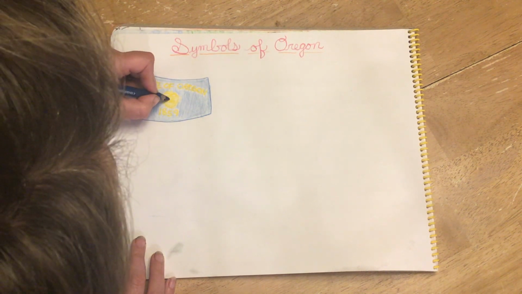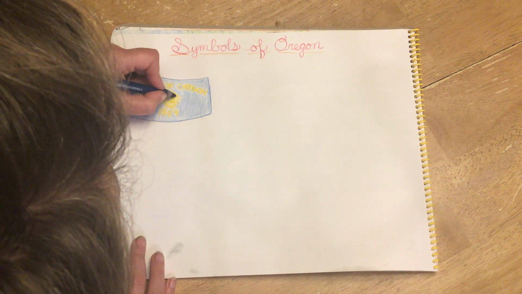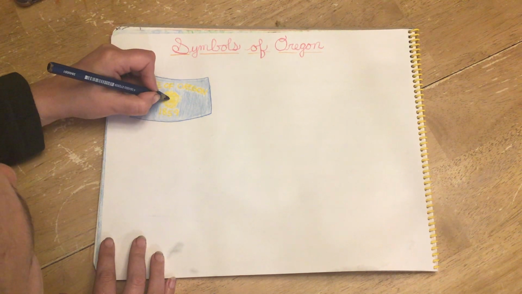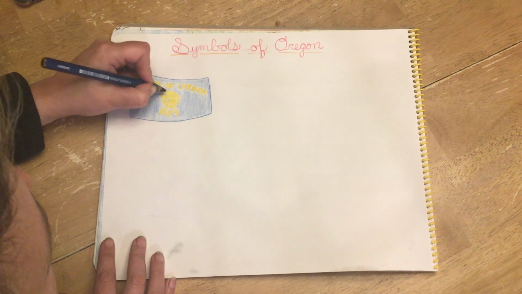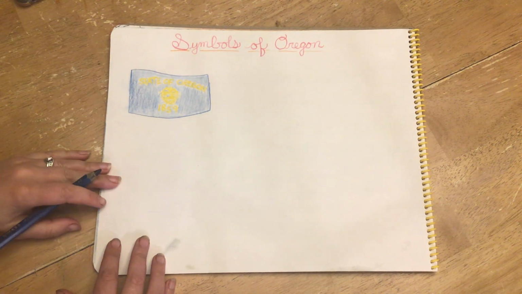If you wanted to, you could add a little bit of blue on the seal, but it's not necessary. You can if you want to. Okay, so there's our